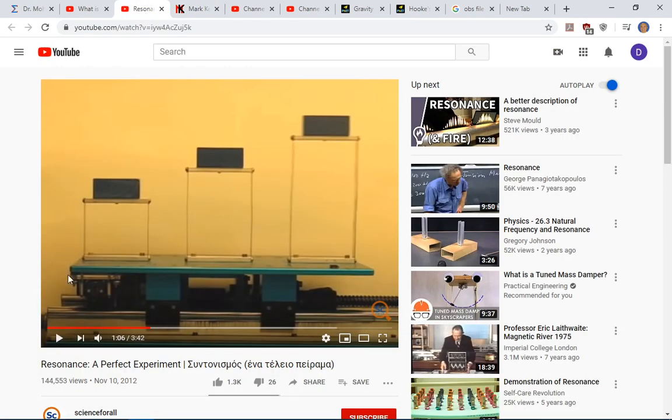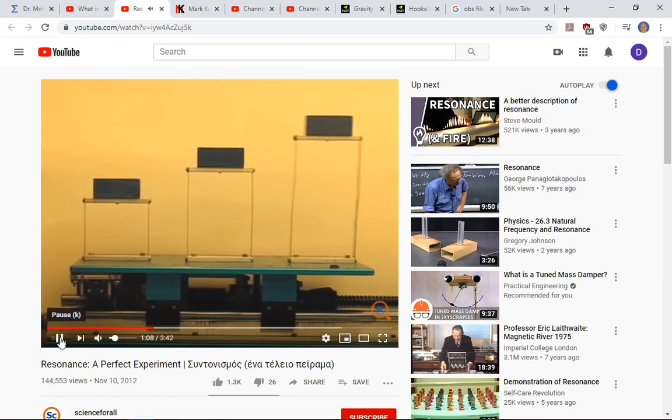Here's an example of that. There are three structures representing three tall buildings, and there is a vibrating pad, and the frequency of vibration is going to change, and we are going to see that these structures respond quite differently to the environment. It's something that we need to understand very well, because these are very similar to the skyscrapers or structures we build.